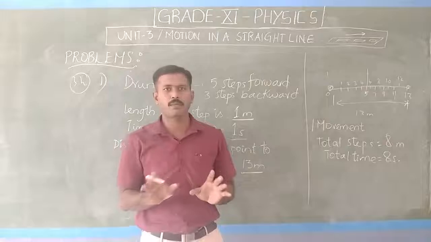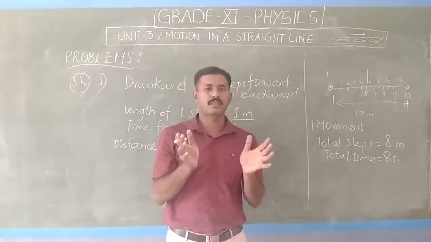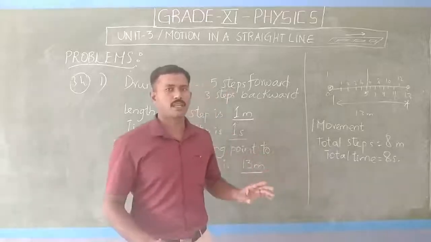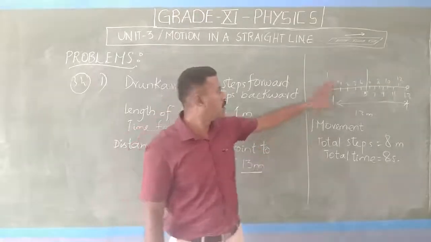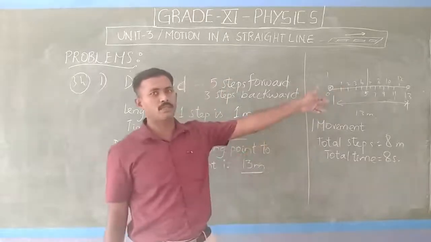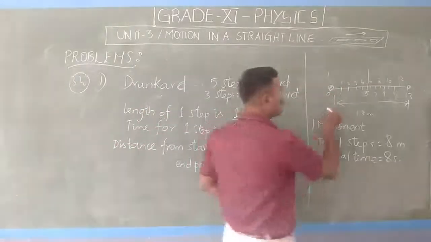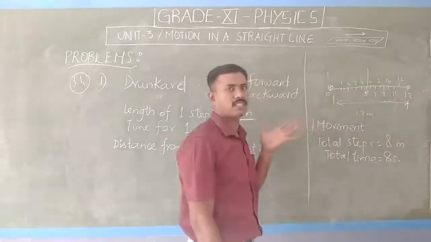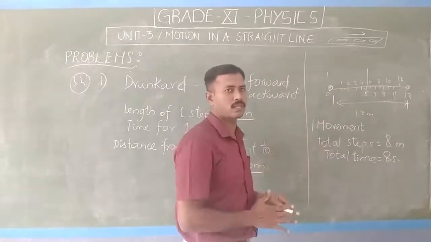Sometimes the theory will be very vague when you can't imagine. So graphically you draw the given data if it is possible. This is a very easy way of expressing what is given as a theory. So 13 meters, each and every meter is displayed, because the range is very small, only 0 to 13.